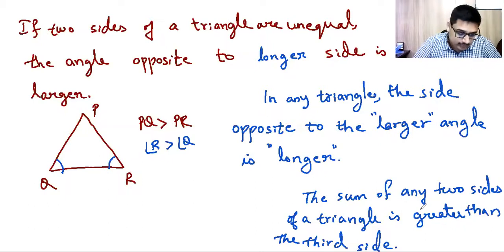Finally comes the criteria for similarity of triangles. When we compare two triangles, how do we identify that two triangles are similar? Just as we had the SSS congruence rule, ASA congruence rule, AAS congruence rule, RHS congruence rule, similarly you have similarity criteria for two triangles. AAA criteria is very, very important. Angle, angle, angle. We had the SSS congruence rule, and we have the AAA similarity rule, which is very important. Then you also have other similarity rules which we will be discussing in detail.